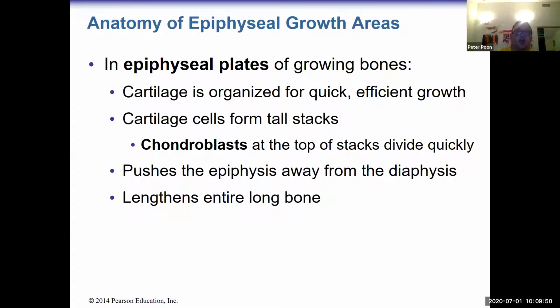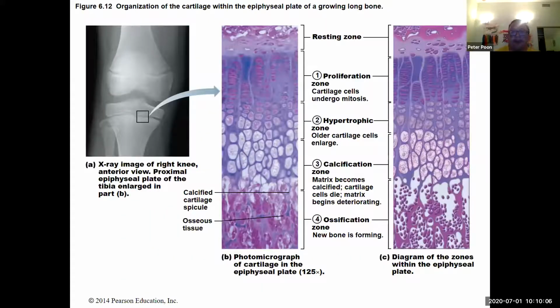All right. In the epiphyseal plate of growing bones, the cartilage is organized for quick and efficient growth. I'll go back and explain the other two slides, but I want to show you a picture first. This picture is of the knee of a child, and I know immediately that this is a child because I can see